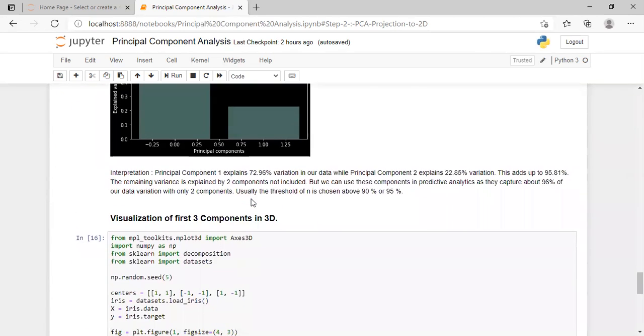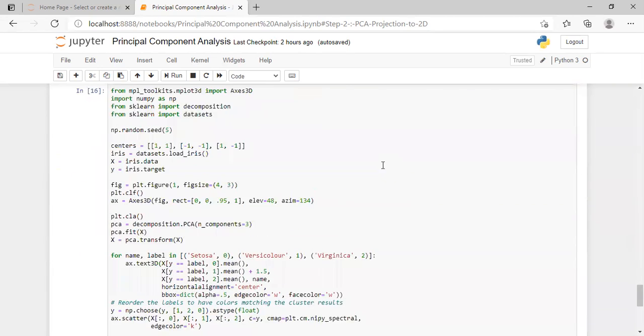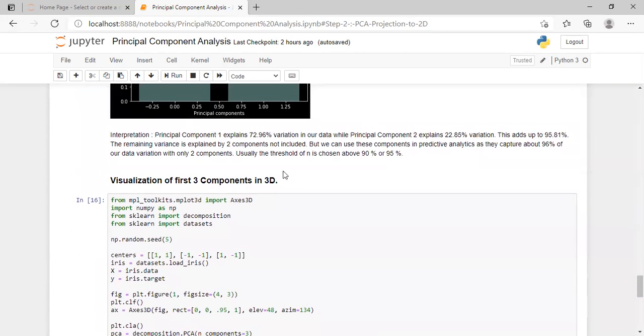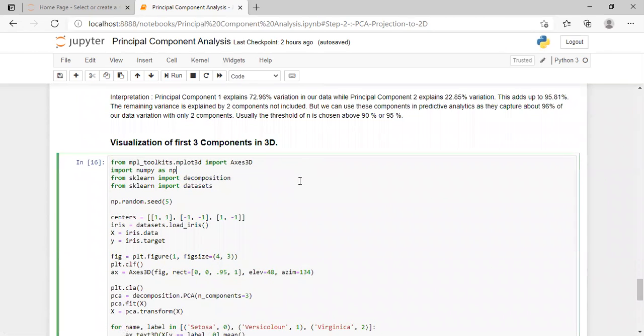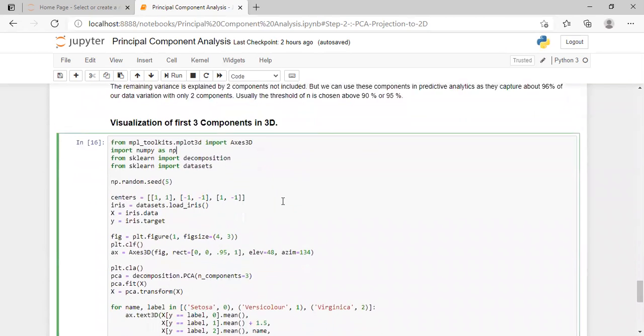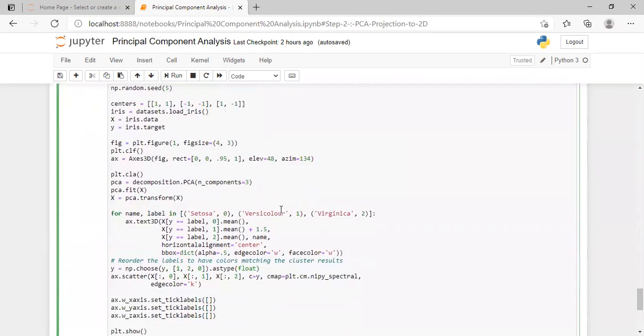But the fewer the components, the better, because we capture more of the variation in fewer features. This is the goal of principal component analysis: we want to reduce the dimension of our data while maintaining its statistical significance. So this is the tutorial, and it officially ends here, but just to give you an idea, I will show how we would implement the three components part.